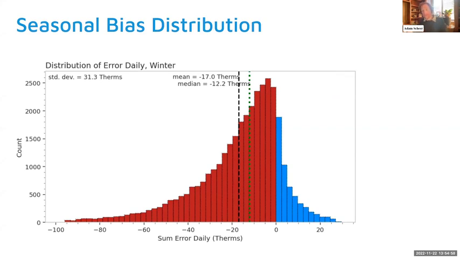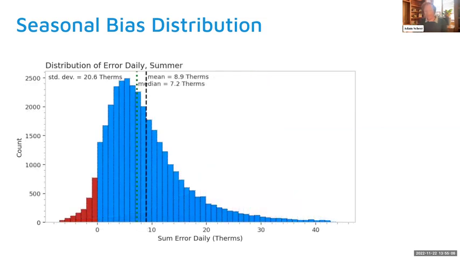It's pretty obvious. I don't need to explain this a lot. It's pretty clear that this is a pretty systematic effect. It is there for most customers. When I look at the summer, it's very different, but it is also there for most customers. And I can show the shoulder. The shoulder looks a lot like this too. So this is why there is seasonal bias in the CalTrack daily model.